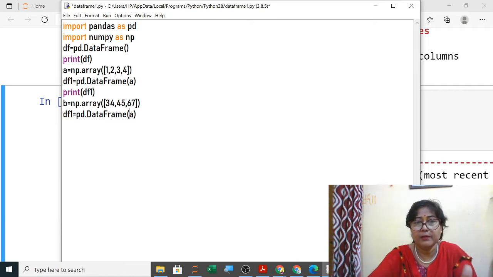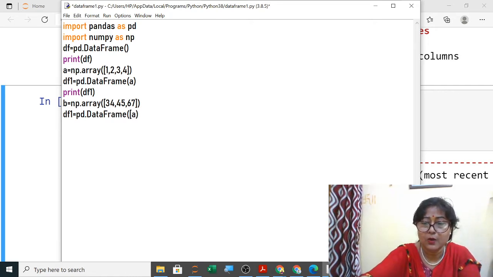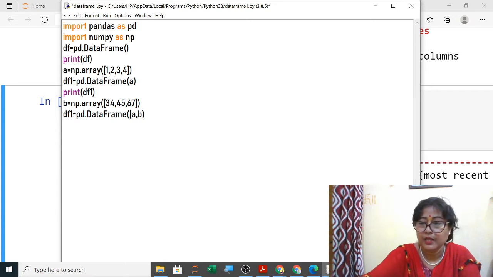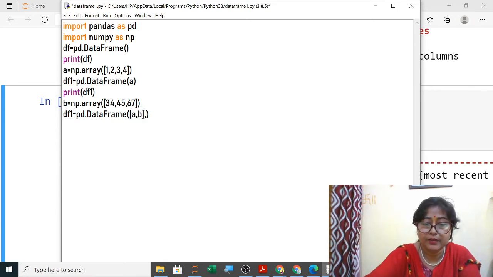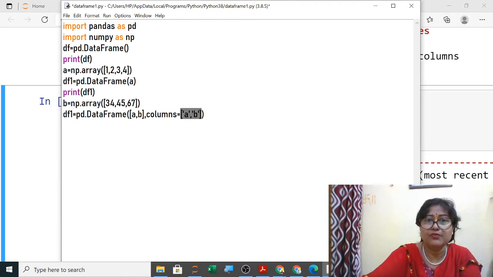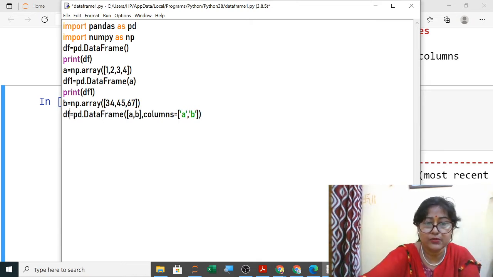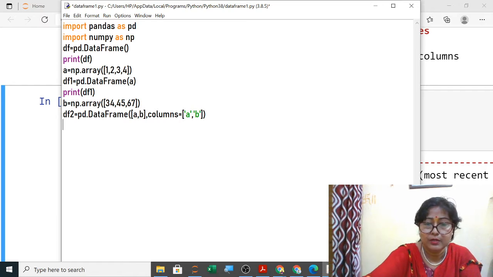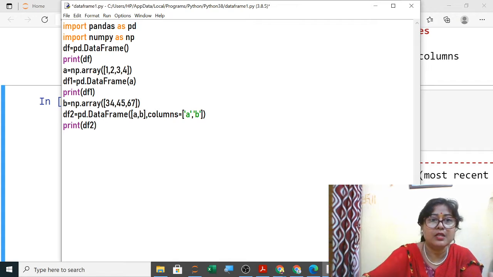Now in this data frame, A comma B and then close it, then give a column index, or by default it will give 0. So columns equal to, you give the names, I am giving here A and B. So this is over. Now execute. df1 I have already used, so I am making it df2, print df2. Yes, now execute it.